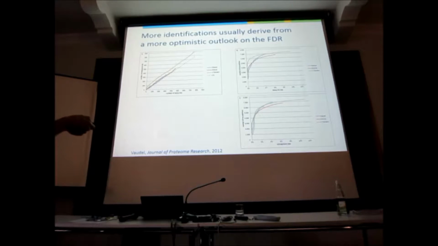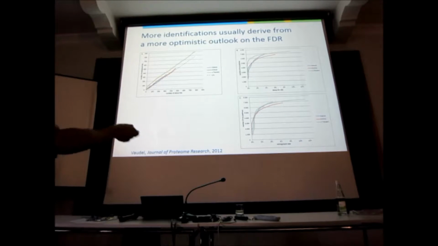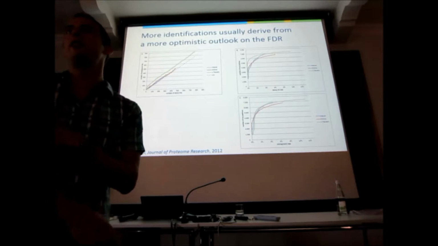But you say that Mascot is really built for 5% FDR. That was the original default threshold. Look at where it shines. Mascot shines at 5% FDR. It's optimized for that. It has always been. Using Mascot at 1% FDR doesn't kill the algorithm, but it's better at 5%. It's an interesting observation, and it's something that kind of makes sense.